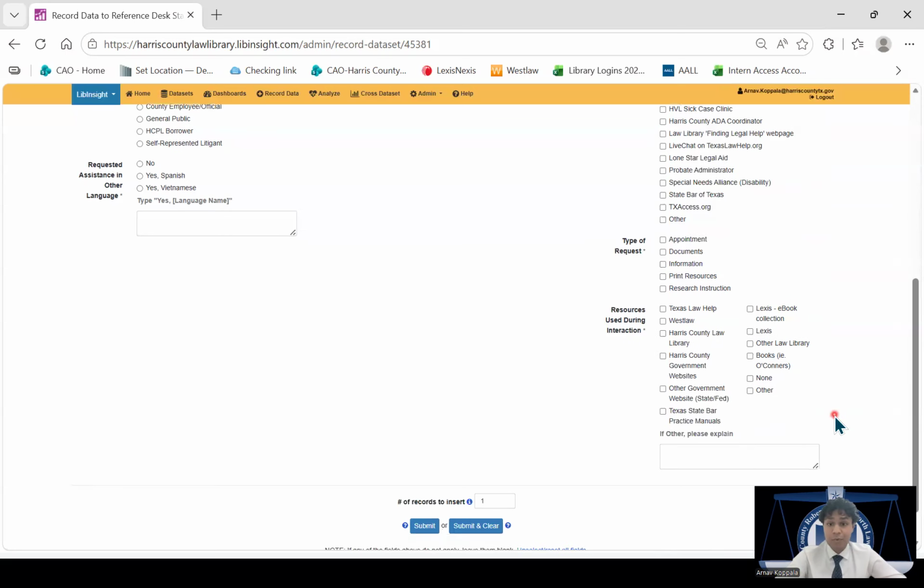Lastly, at the end for resources used during our interaction, the ones we've changed are Harris County government website, other government website, and Texas State Bar practice manuals. So previously on Desk Tracker, it was Texas State Bar family practice or family law practice manual, but this will also encapsulate the family law one, but also the probate one, the real estate one,